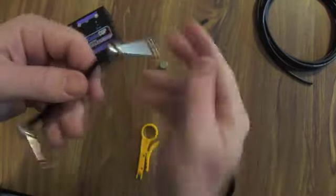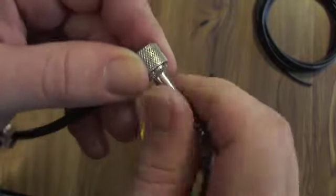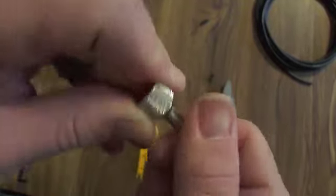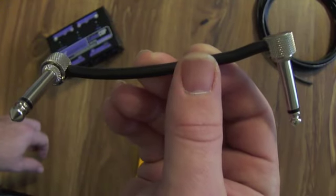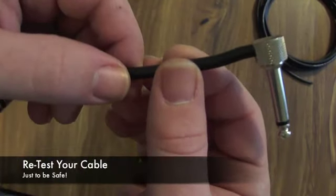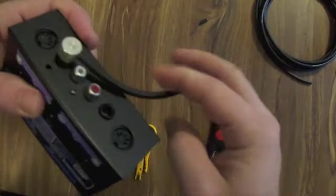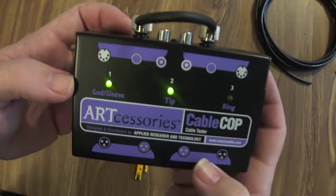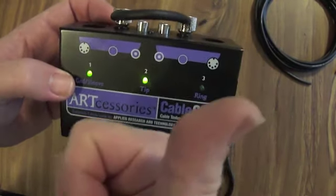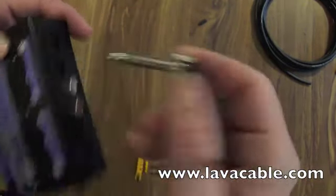Okay, and to the other side. And there you have a patch cable. Now we're going to test the cable again to make sure the connection is still good. Okay, so I'm going to plug these in. And you can see I still have a perfect connection. Perfect! You got a perfect patch cable. Really solid,